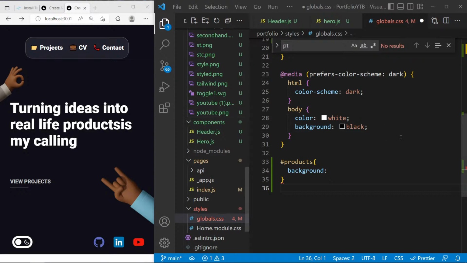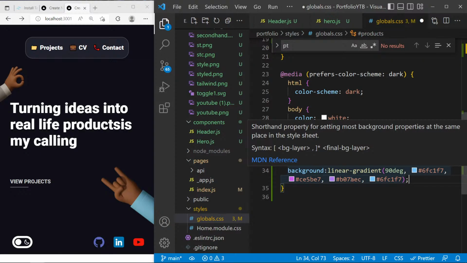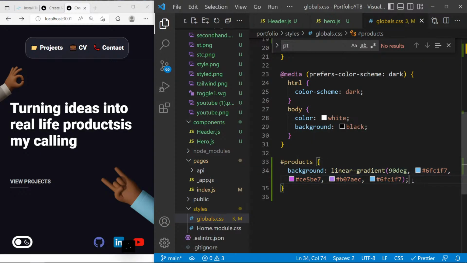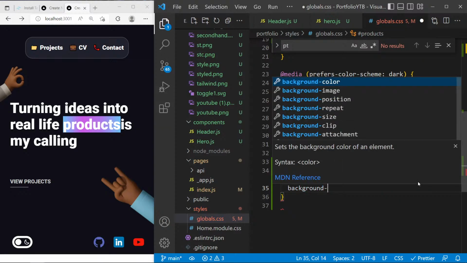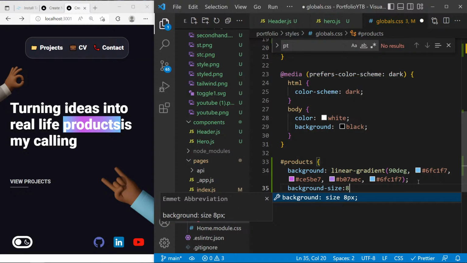I already have the gradient, so this one, linear gradient, 90 degrees, this blue color, this purple, and then again blue. Now the background size should be 800%,